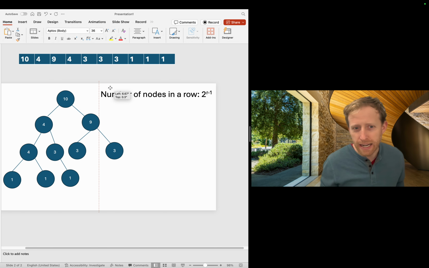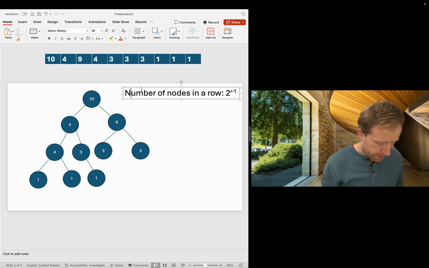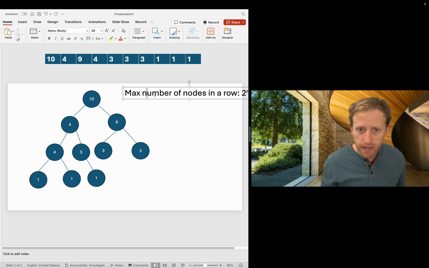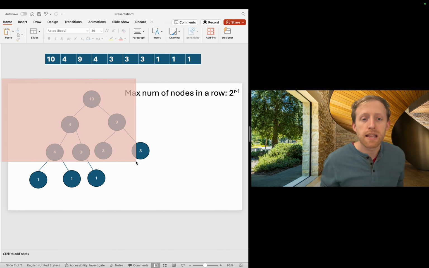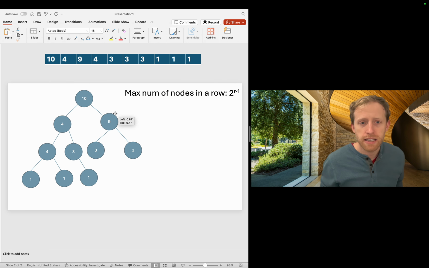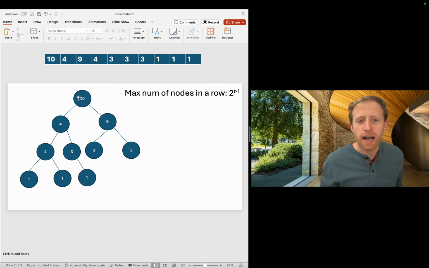And this is really the max number, I guess. That's what I'm trying to get at. Max num of nodes in a row is 2 times the row, or 2 to the power of the row number minus 1. The other question I want to ask is, if this is 1, if this is node 1,